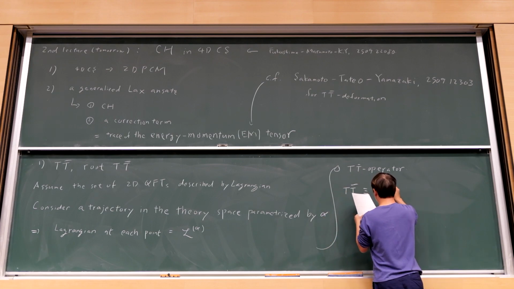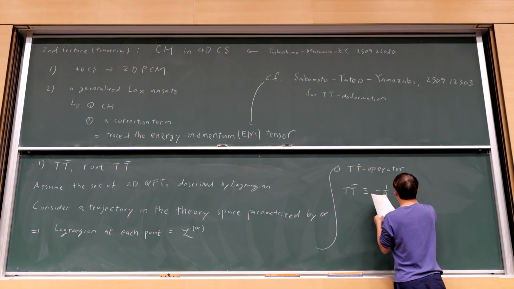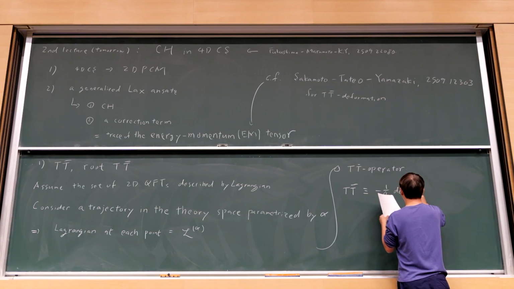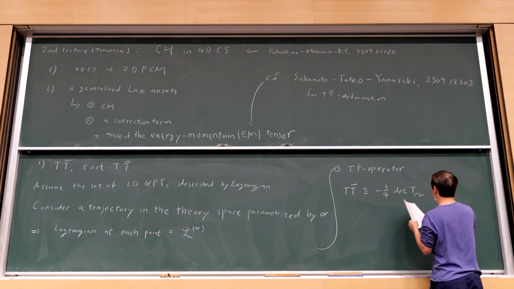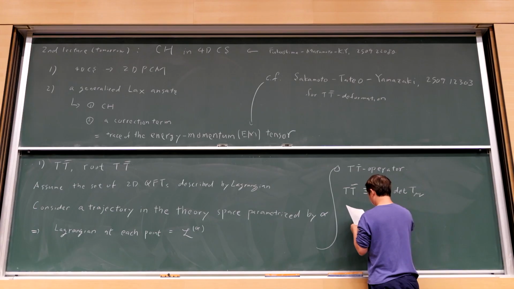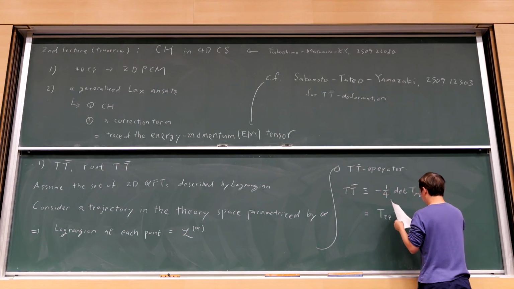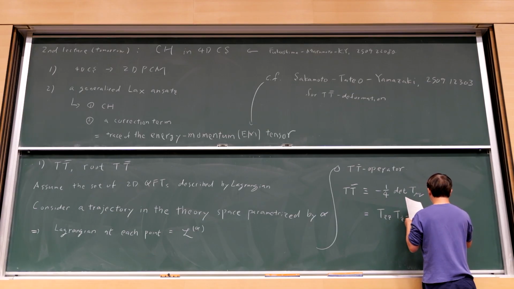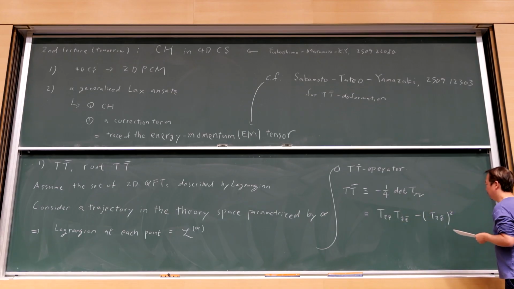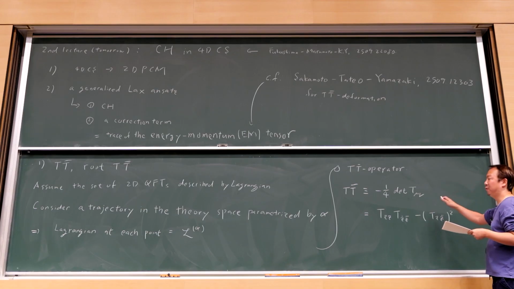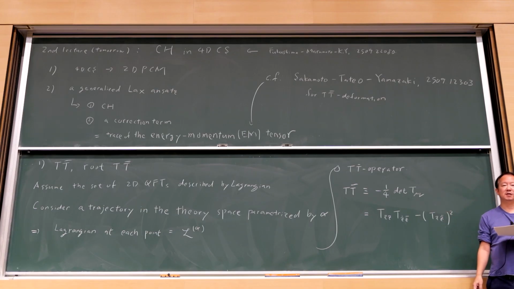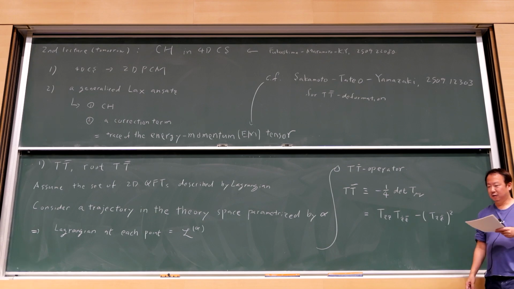Define this determinant of energy momentum tensor, like this. So then the G G component and G bar G bar component of energy momentum tensors, and the square of trace. Originally, this TT bar operator was proposed by Sasha Zamolodchikov